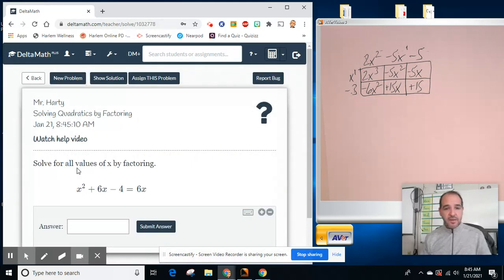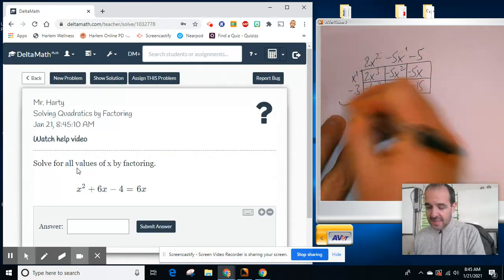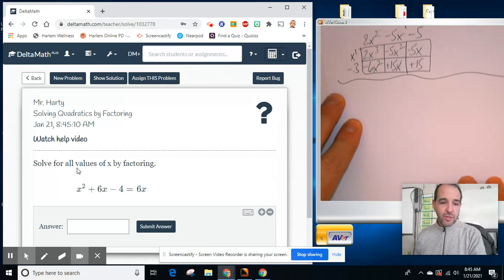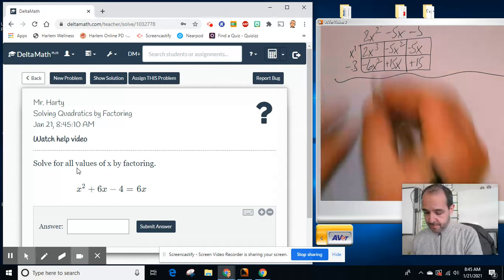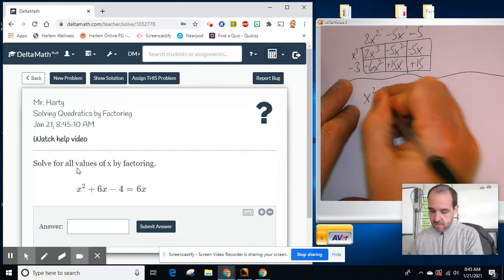Solving by factoring. Oh, dear. Now, there are lots of things that could happen with solving by factoring. Biggest thing when you're dealing with factoring at all: if you have an x squared term, which you will, it's going to be a quadratic, everything needs to be on your x squared side before you start. So here,